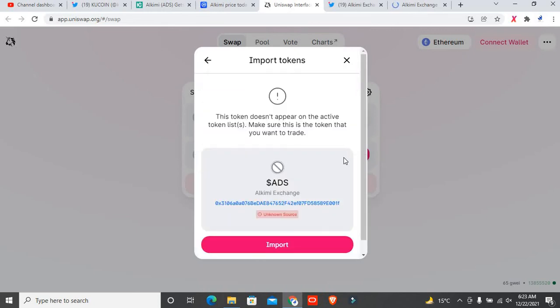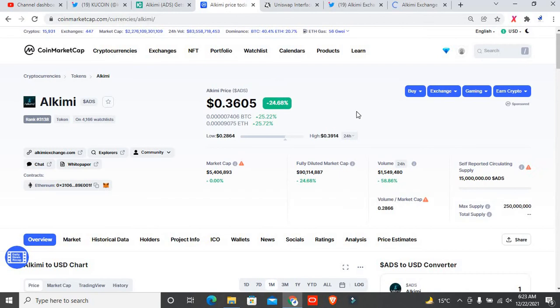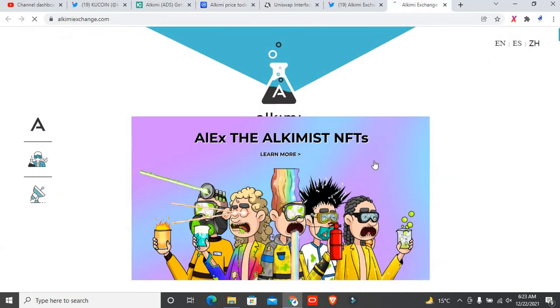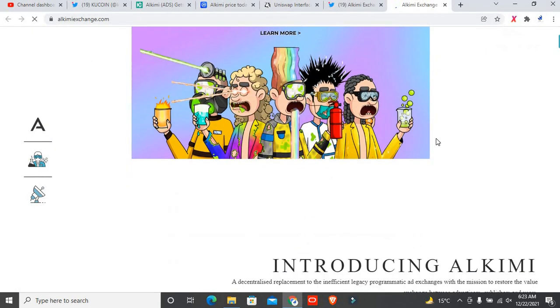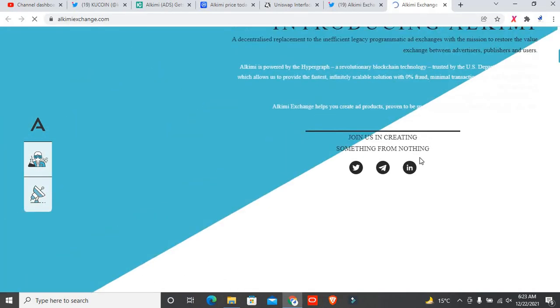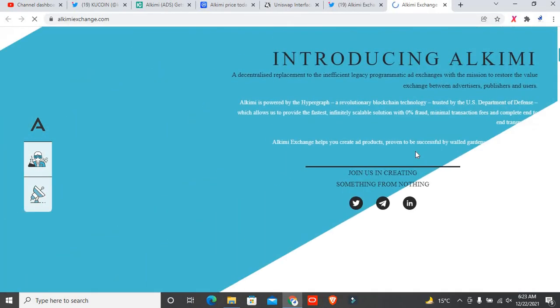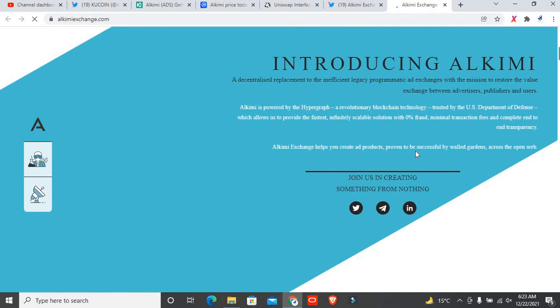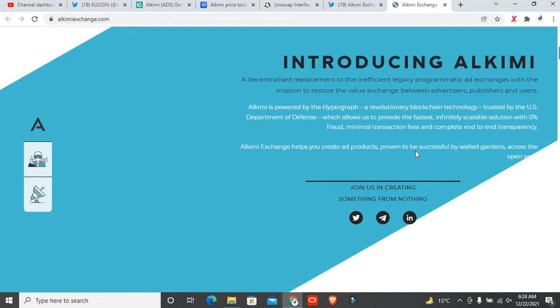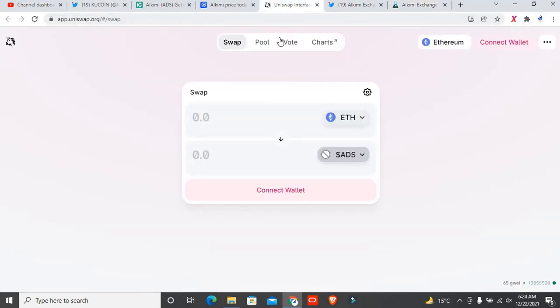However I want to click on import, and you know this token does not appear on the active token list. Make sure this is the token that you want to trade. So you just click on import, and after this, some tokens have many requirements, you know about that, because if you look at the main website of this token, right here you can see some tokens have a proper slippage requirement. You know about slippage, what slippage is. But right here this token works on ERC20, that means we don't need any slippage, because they already charge some gas fees on ERC20, and also if you look at Uniswap, they directly cut off these fees.